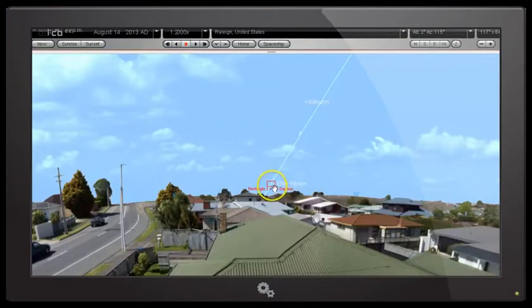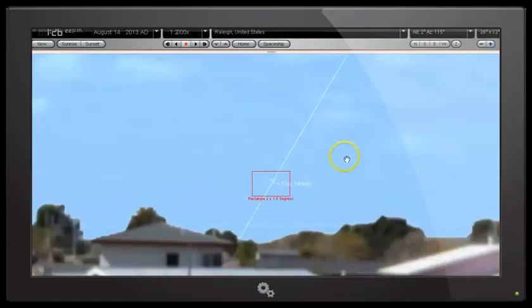Now I've got the moon selected and centered, and we can see this red box which I'm going to zoom in on. This red box is to simulate a field of view of a digital camera or a video camera as we take images of the moon as it rises and crosses our sky. Okay. Now remember that the bottom of this red rectangle, our field of view, is always going to be level with and parallel